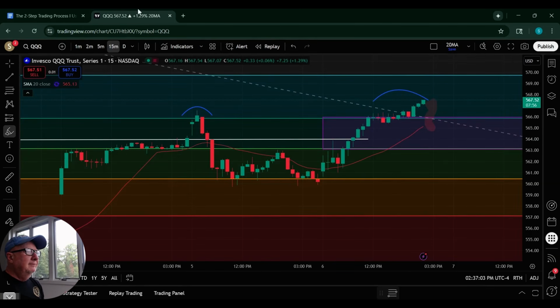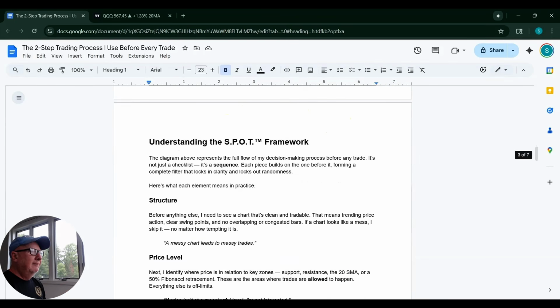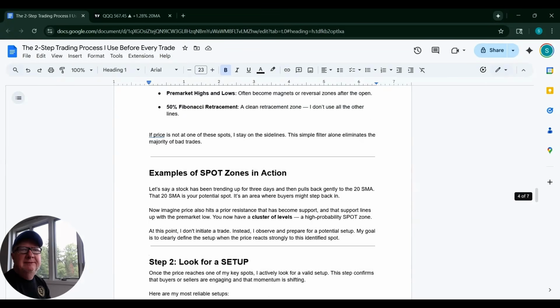And again, this is something that I apply literally every time I'm doing a trade. Where's the spot? And then what is the setup? And I go into that a little bit more in this cheat sheet, like what kind of setups I'm looking